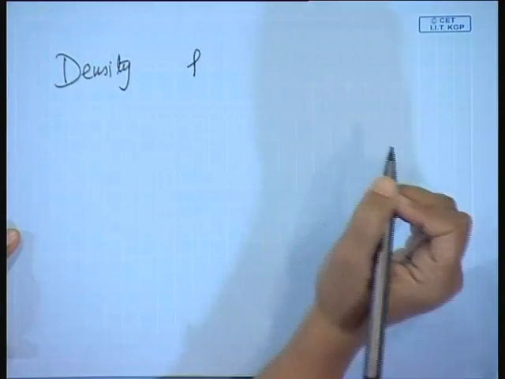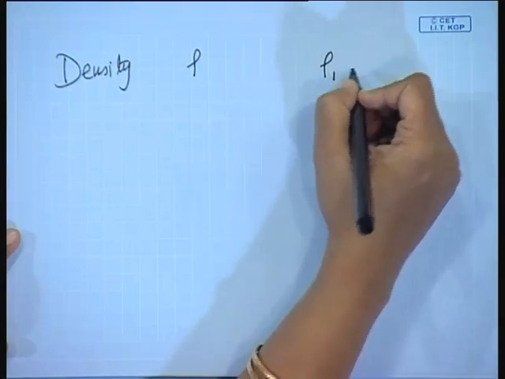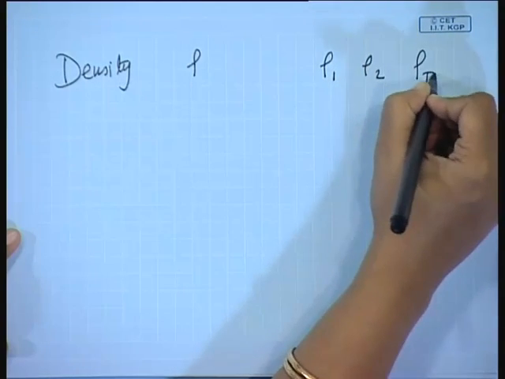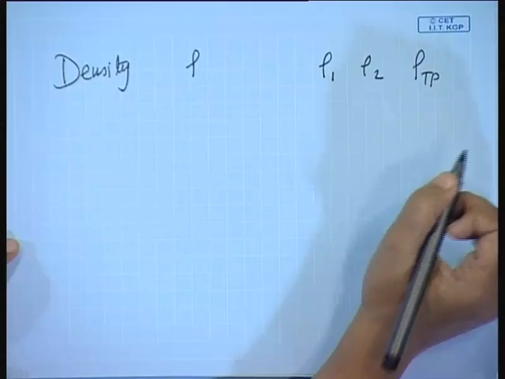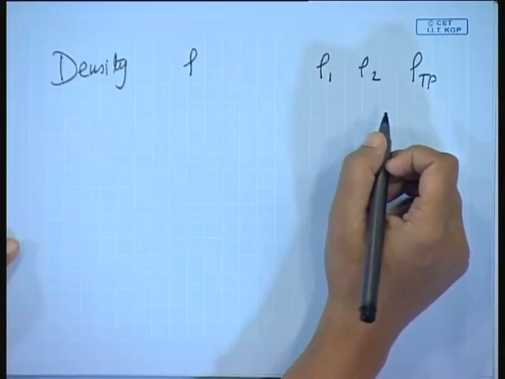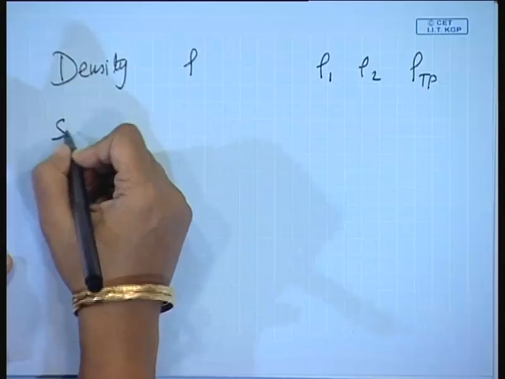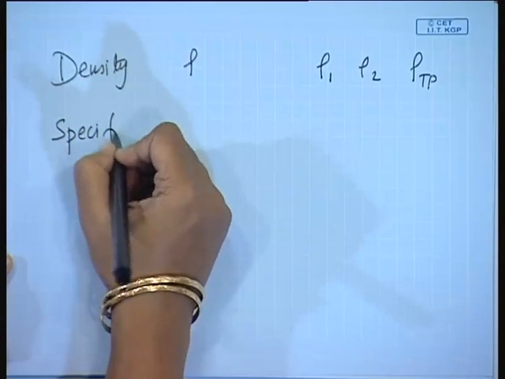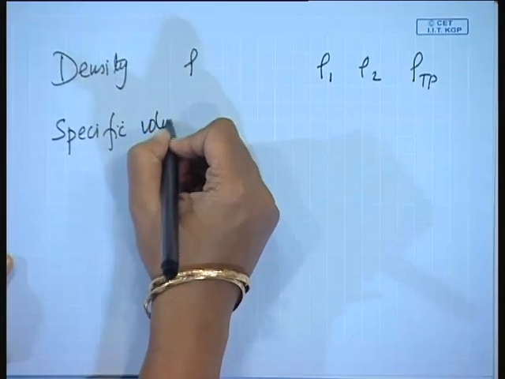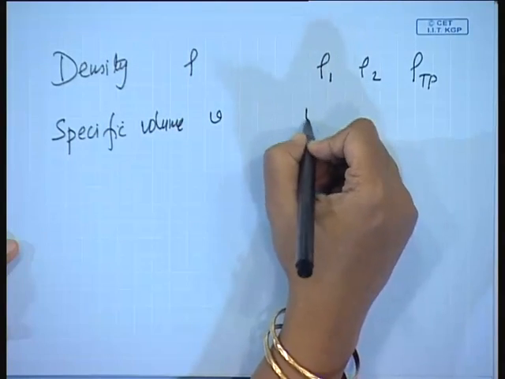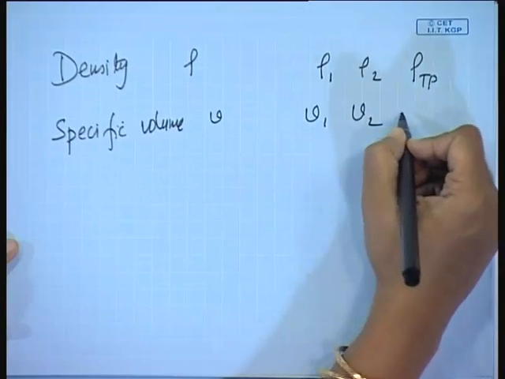In this case it is rho. Here we have rho 1, rho 2, and we also have a mixture density rho TP. How we will be defining it, you already know and we will be discussing it later. Next we have a specific volume. I have a slide for this as well, so I will be showing you the slide after I complete this,